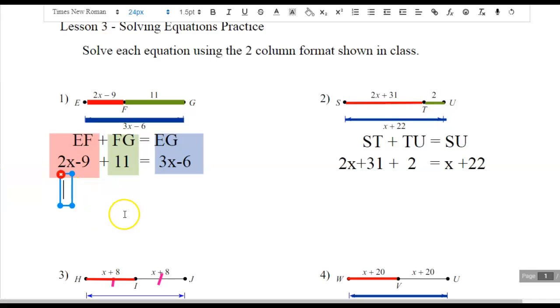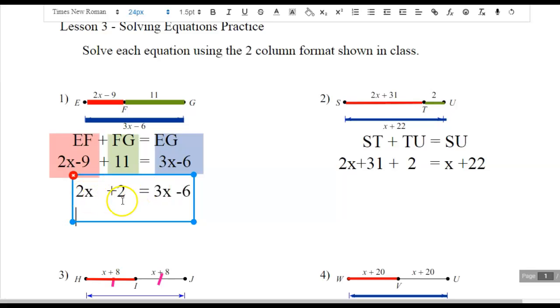And using the text tool here. And normally you'd say, let's combine the -9 and 11 first. So after we combine -9 and 11, we'd have 2x plus 2, right, equals 3x minus 6, let's say. And I'm going to try to line these up as much as possible here. Just like that, right? And then typically we would